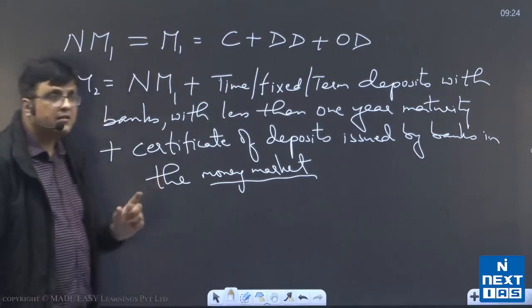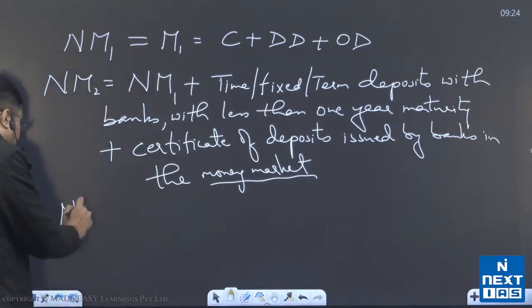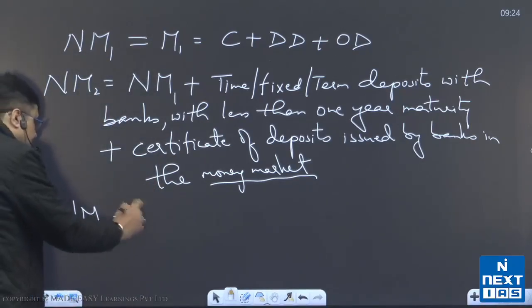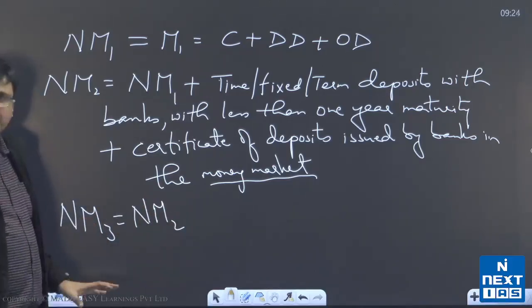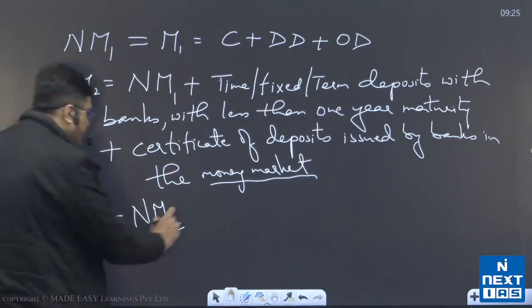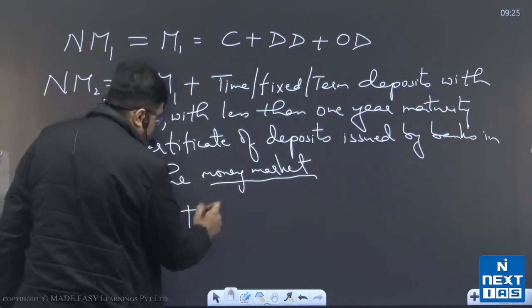And then there is what we call NM3. This is NM2. NM3 is NM2 plus